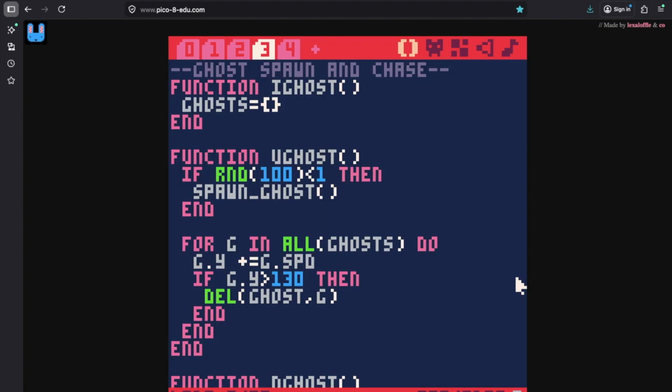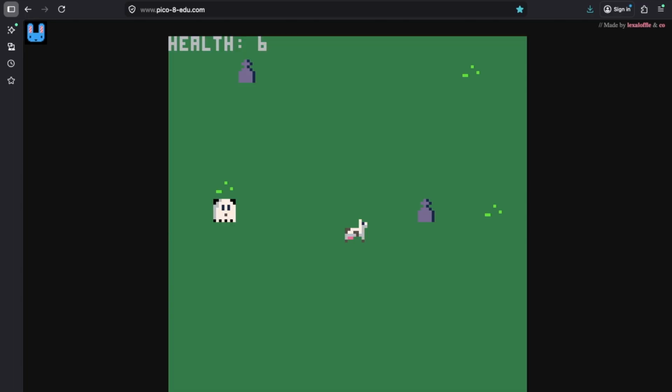So what I did is, instead of using a timer function, I decided to use a random command right here. So there's basically a 1% chance that it will spawn a ghost, and that seems to make it much more manageable. Like, this is a good amount of ghosts and makes a playable game versus the first one where there was just no way.